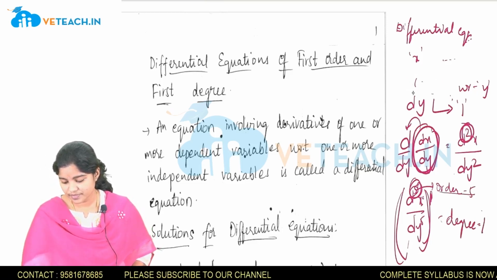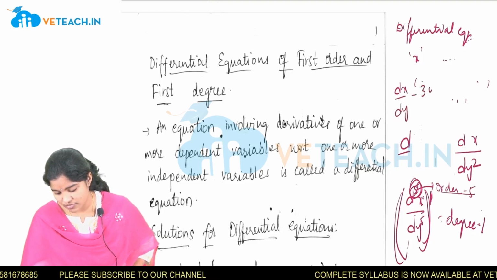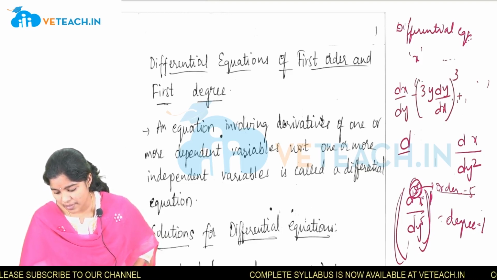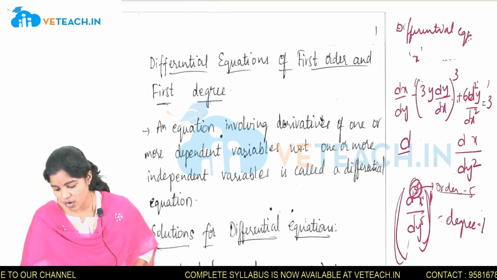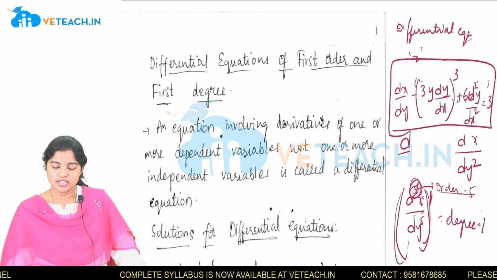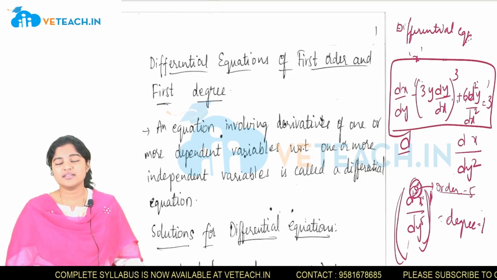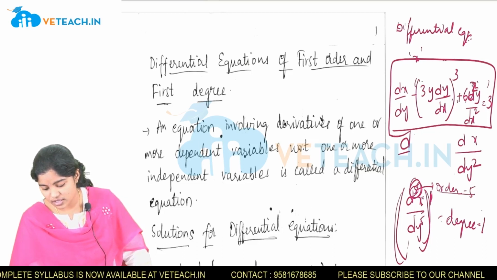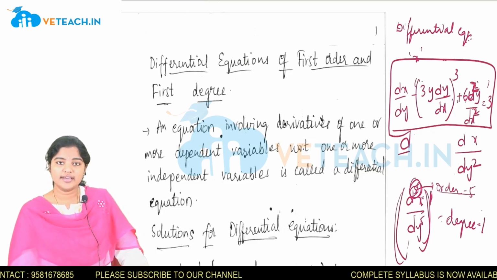Suppose in an equation, d by dy minus 3y into dy by dx whole power 3 plus 6 d square y by dy square is equal to some constant 3. Now they will ask what is the degree and order of this equation. Here, order is the highest number of times we are differentiating. So how many times did we differentiate here? At most 2 times, because of 6 d square y by dy square, which means we differentiated 2 times.